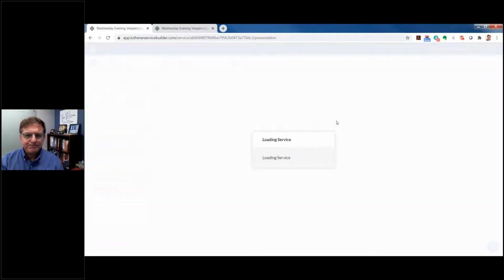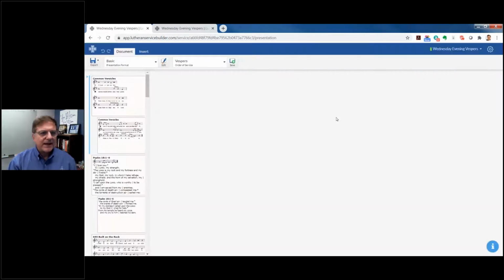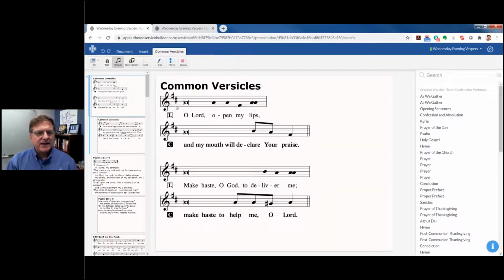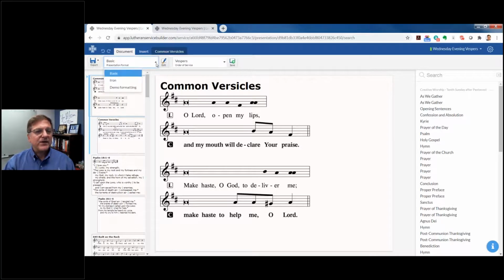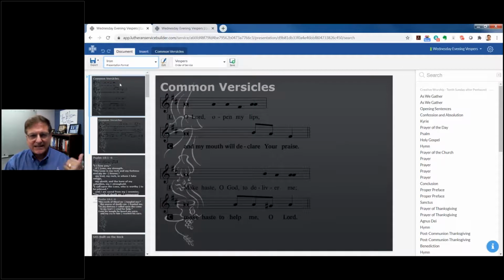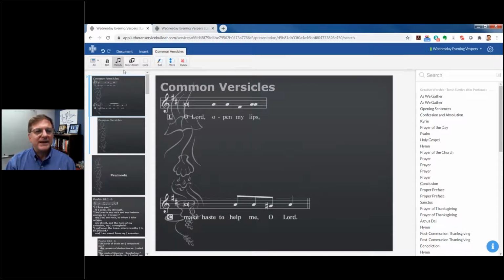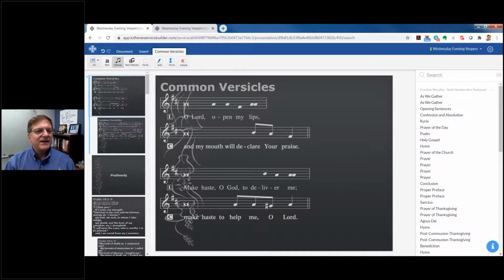You click into that, it's going to load it back up. Now you see a couple different things here, and I'm going to click into this. I am in the standard, just basic format here. The basic presentation format is just white with black on it here. I can scroll down. We have a couple different ones; Iron is another option, and I need to go back in and show you some of the formatting in this as well, and I'll do that here. But I can go back into this, a demo format that I put together,